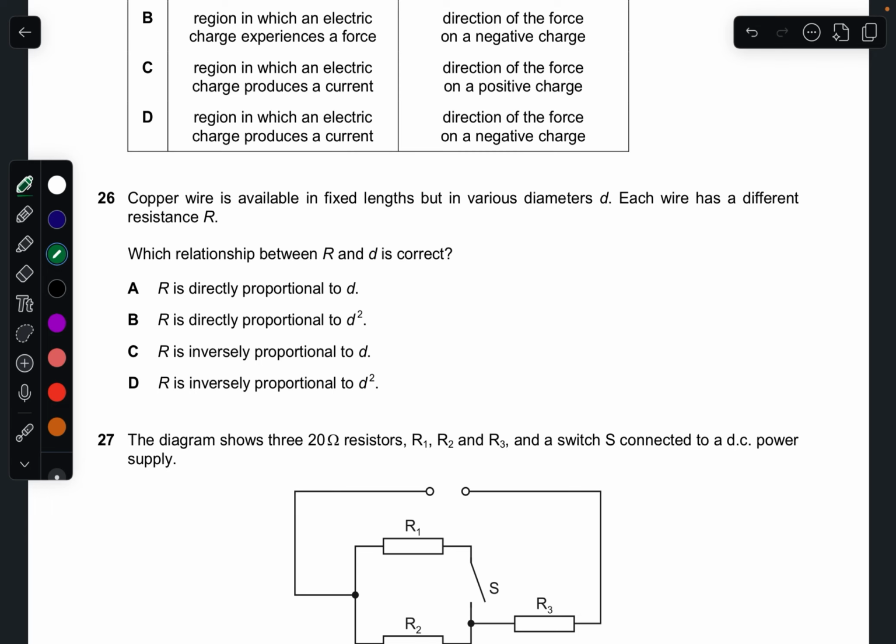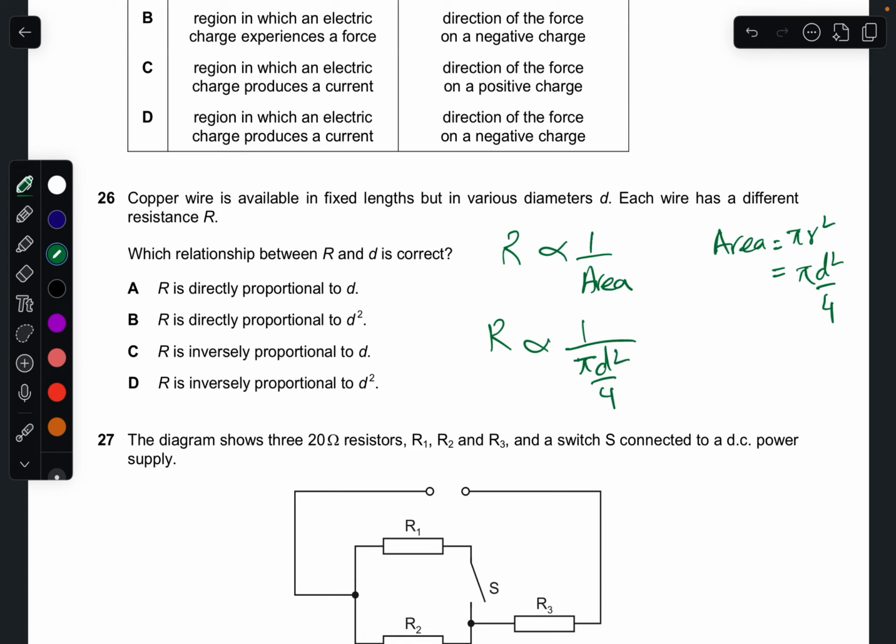In question 26, copper wire is available in fixed length but in various diameters. Each wire has a different resistance. Which relationship between R and D is correct? R is inversely proportional to area, and the area of a wire can be written as pi r squared, or as pi D squared over 4. This relation you have to memorize. Pi and 4 are constant, so R is inversely proportional to D squared. So it's option